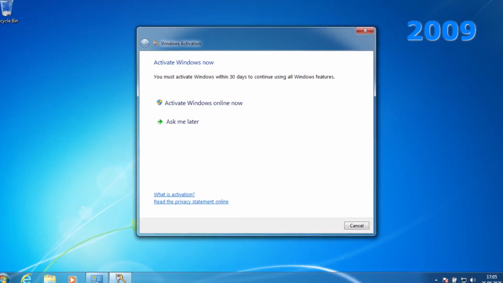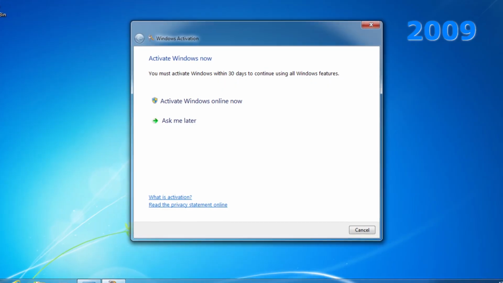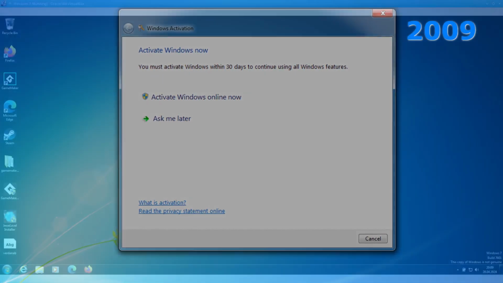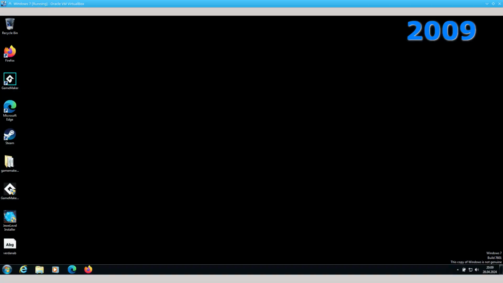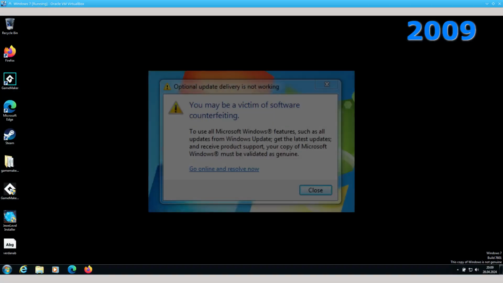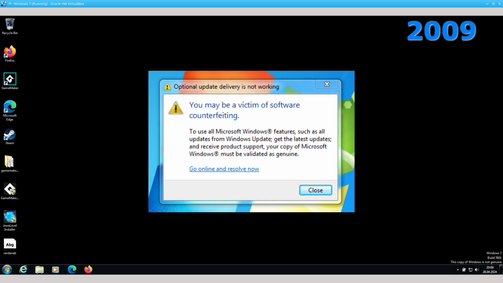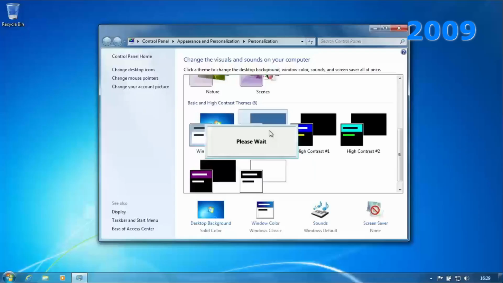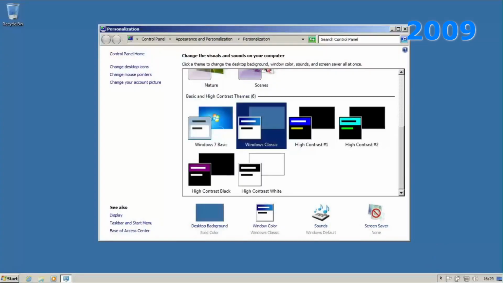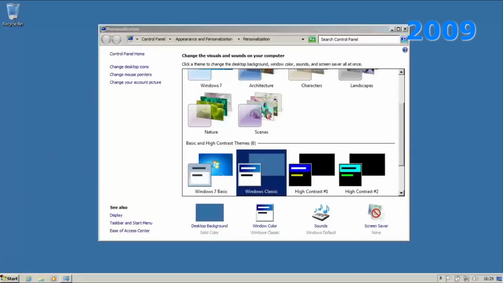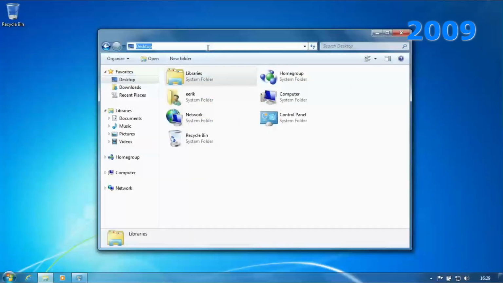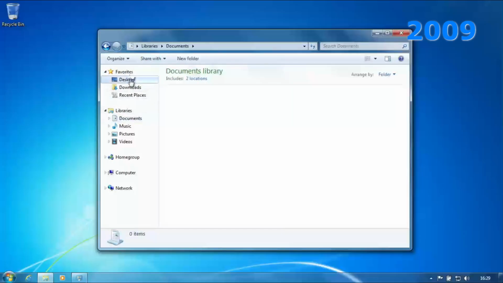One thing is the activation system becoming looser with each release. Windows 7 was already usable without activating it. After the trial period, you'd just simply not have a wallpaper and you might get some notifications about it not being activated, but that's about it. Also, you could still use the 90s theme of Windows on Windows 7, a sign of backwards compatibility and building new editions on top of previous ones. Anyway, this release was received warmly and is certainly my favorite operating system.